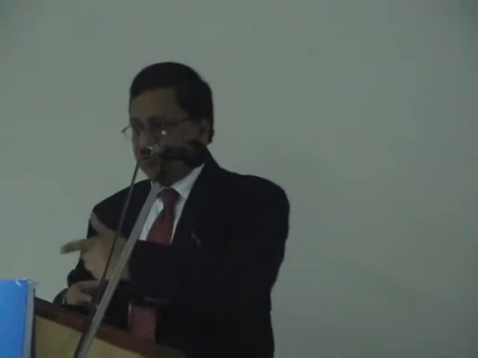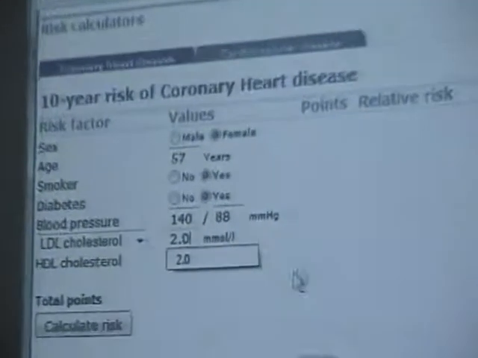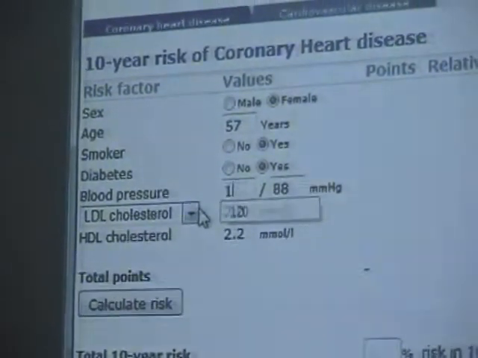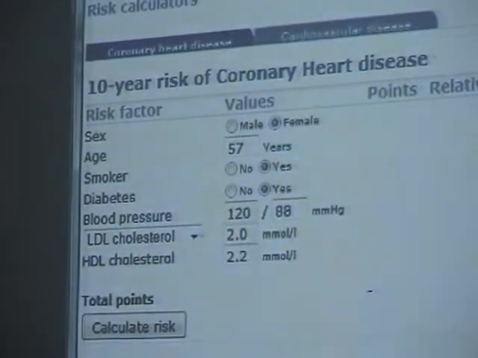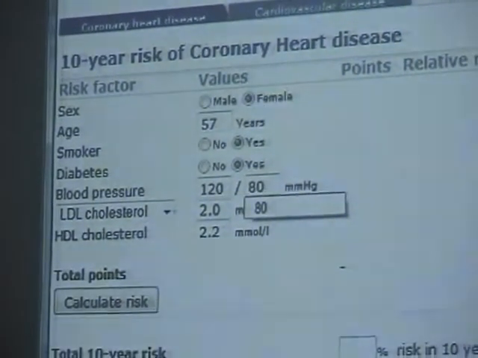Okay, so this is that particular interface I was talking about. You're able to use just one calculator. One thing, patient engagement is very important. So I'll show you, this is from the Framingham Heart Study. The patient is sitting next to me, and you saw the risk was 70% for coronary artery disease. In real time with decision support, I tell the patient, if you lower your bad cholesterol to 2.0, and you lower your blood pressure to 120/80, for example, and this is patient engagement,